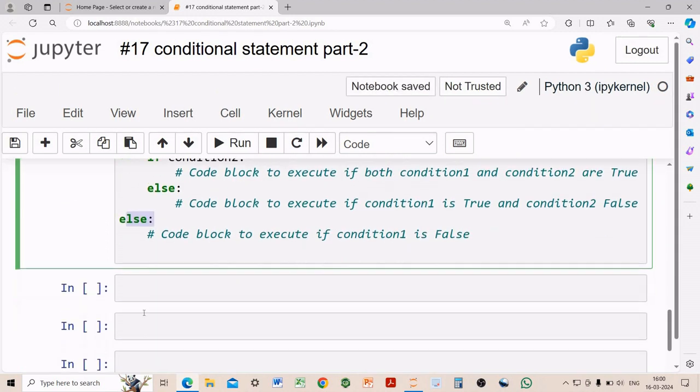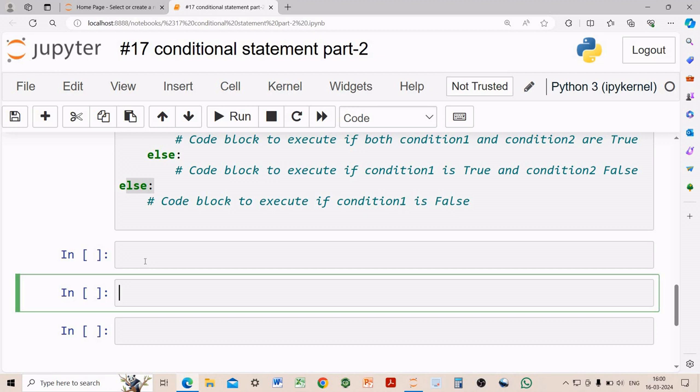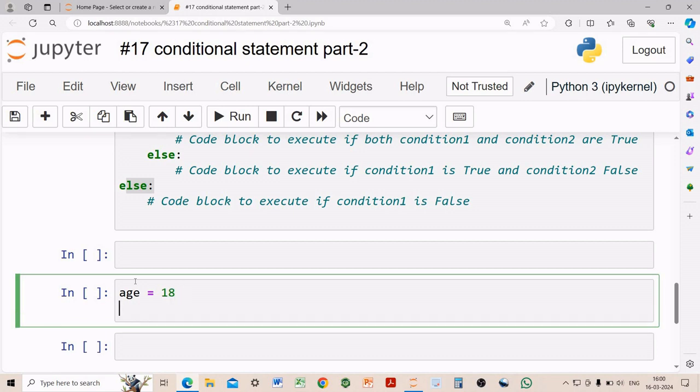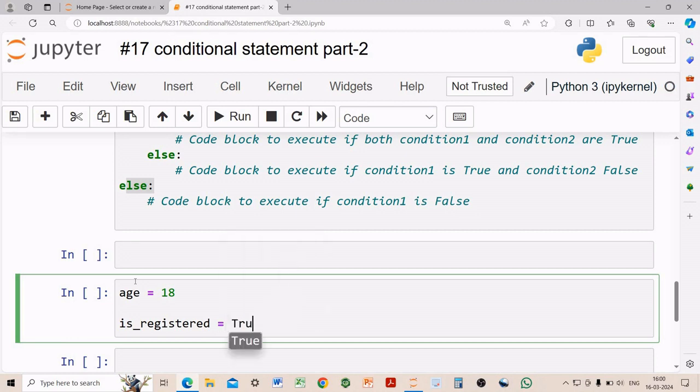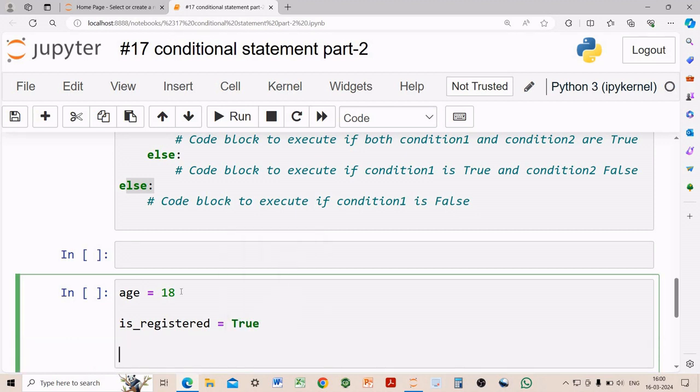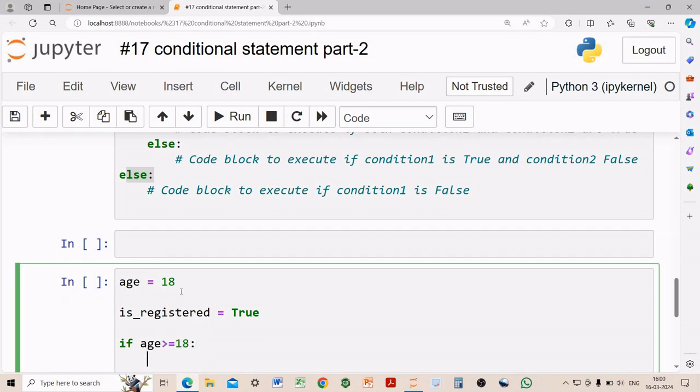So let's see how nested if statement will work. Suppose I am taking age is equal to 18, and I am taking one more variable which is register is equal to True, because here I am taking age is equal to 18, and I want to check first if age is greater than or equal to 18, then print